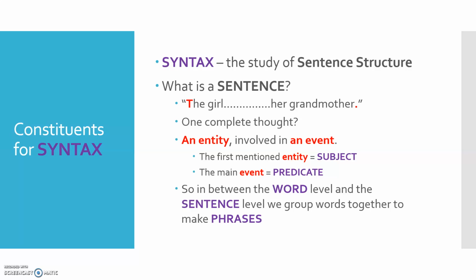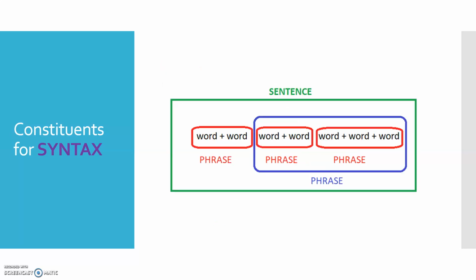So within the sentence, we have groupings of words, words that are grouped together into these phrase chunks. So we need to delve into that idea of phrases as that intermediate level of a sentence. This is the basic makeup of sentences where the whole thing, all those words together, are that one complete thought or the entity involved in an event. And the individual words themselves get grouped together into phrases. And sometimes we have phrases embedded inside other phrases. We'll take a look at that a little bit later in the course.